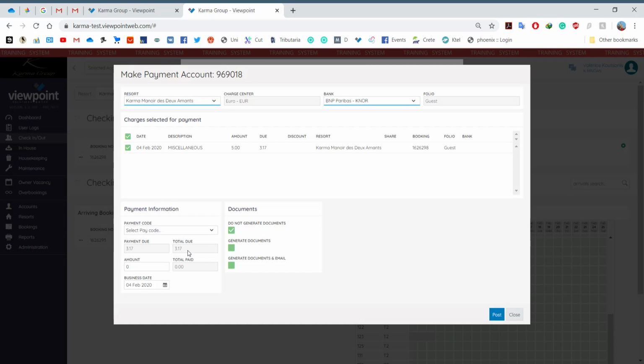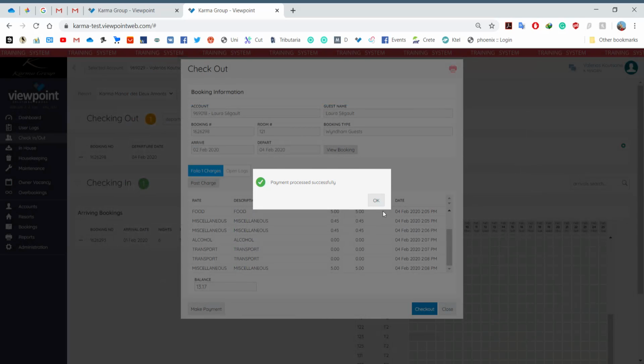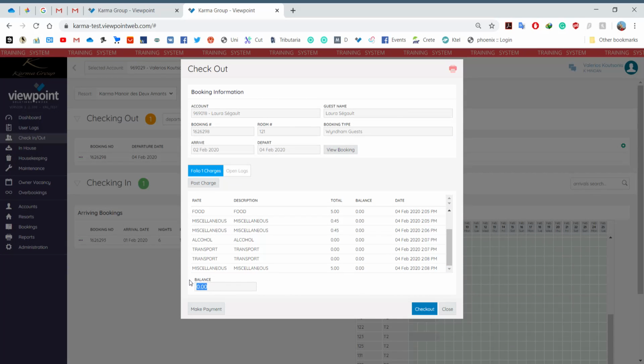So as you can see, total due is 3.17. So let's select card, 3.17 by card, post. And now, as you can see, the balance is 0, which means that the client is already good to go, and we need to print the invoice. So if we select here the printer, booking invoice,